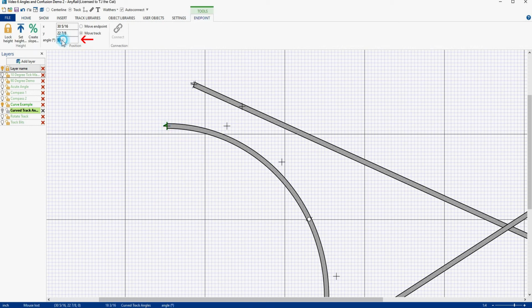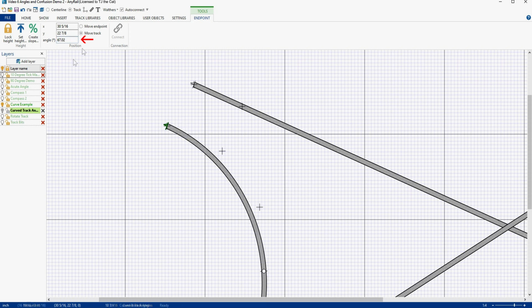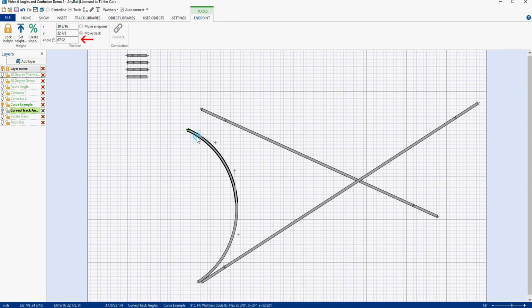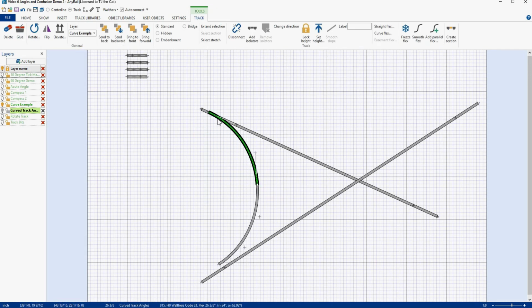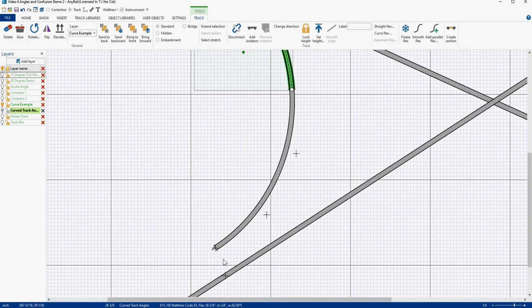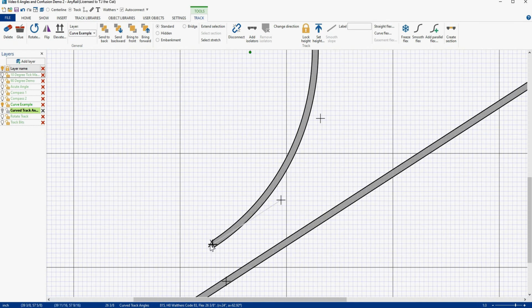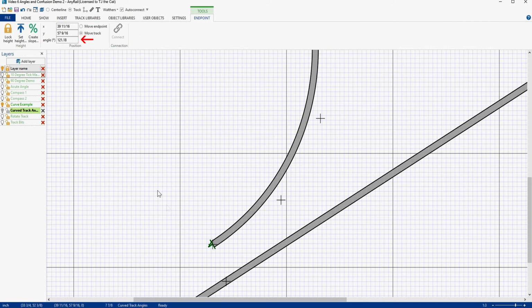And we're going to come up here, and we're going to set this end to this angle. And we know this angle is 67.02. So we're going to put in 67.02, hit enter. And it's now rotated that piece of track to the proper angle. And if we pull this up here, we come down here, we can check our math. Click on that. We have